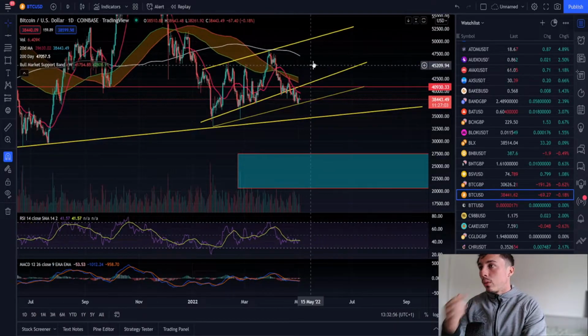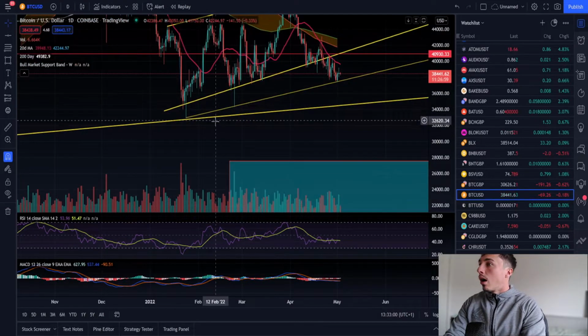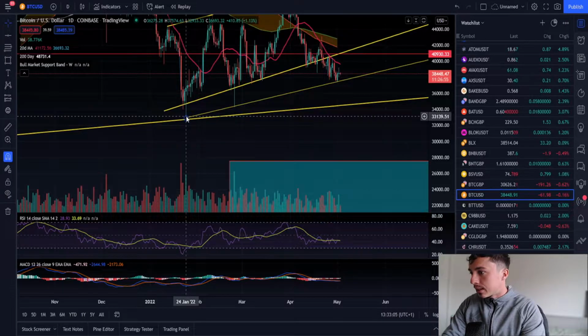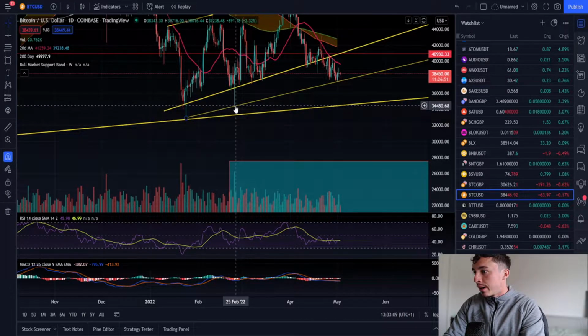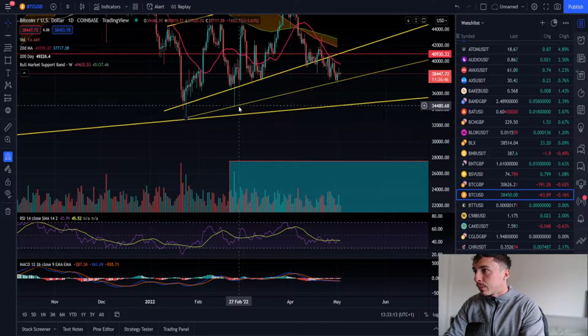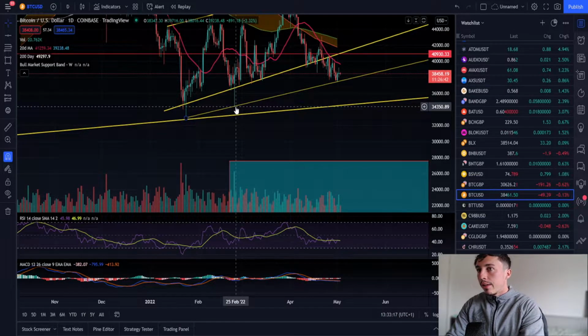Now, we were saying that these were the key areas of support on this channel, and I'm sure many others also noticed this as well. It's not rocket science. This doesn't make anyone special. Now we can see 24th January, 24th February, and also the 1st of May. We found support perfectly on these particular levels at 37.5k,